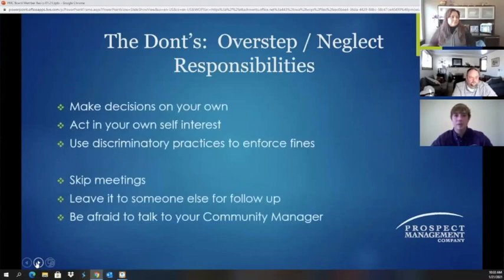I agree. So let's talk a little bit about the don'ts. You don't want to overstep or neglect responsibilities. That comes a lot of the time from making decisions on your own. The reason it's called a board is because it's a group of people. It's not just one person making those decisions. So again, make sure you're utilizing every member on the board and their strengths to make the most informed decision